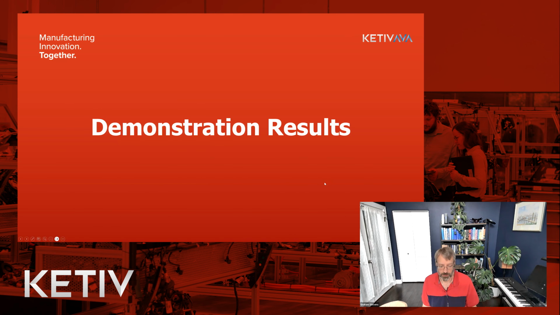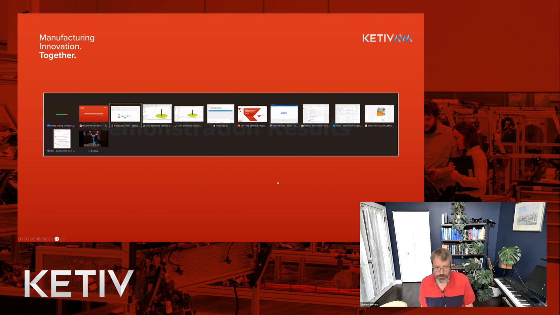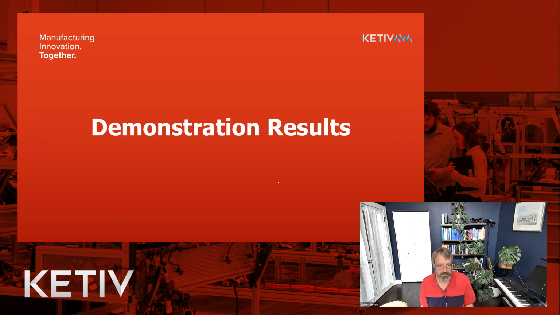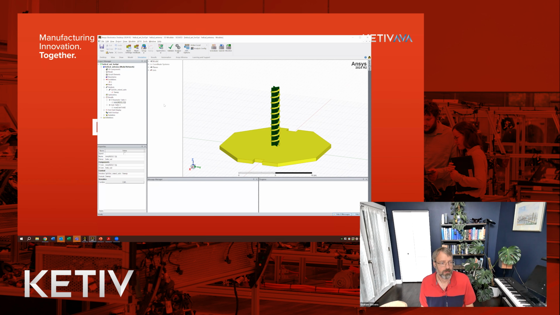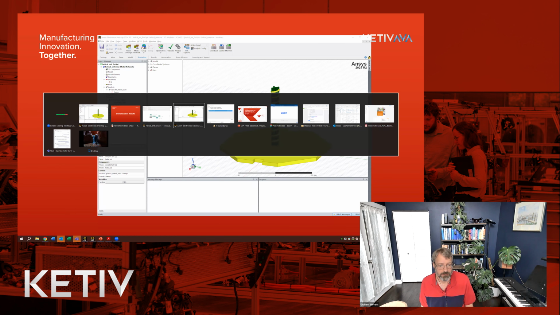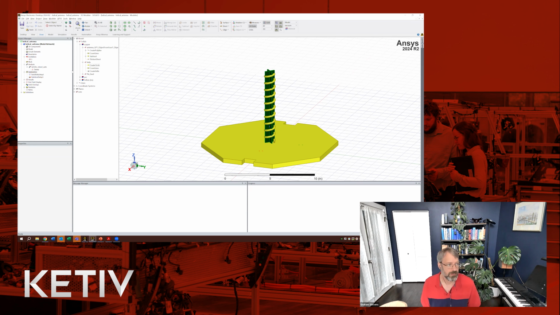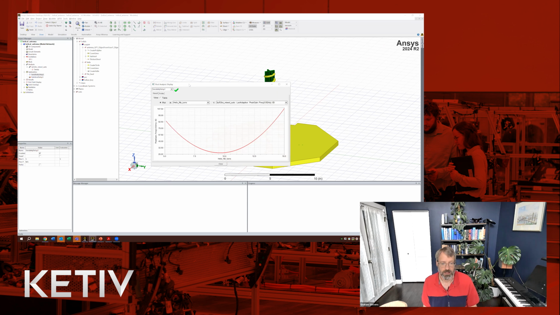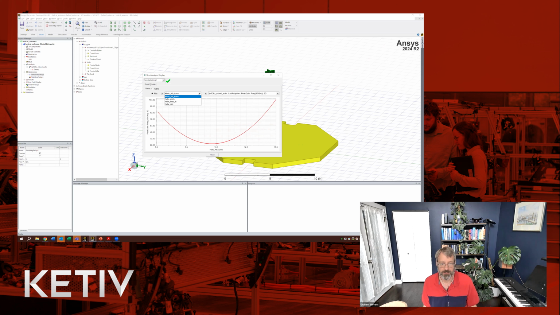Yeah, and so if we switch back to our models now, sorry, let me grab the right one. Okay, so this is the model that I was using for just Optimetrics. Within here, under sensitivity analysis, if we right-click and view analysis result, you can see for each of the variables here, it ran a number of models to try and